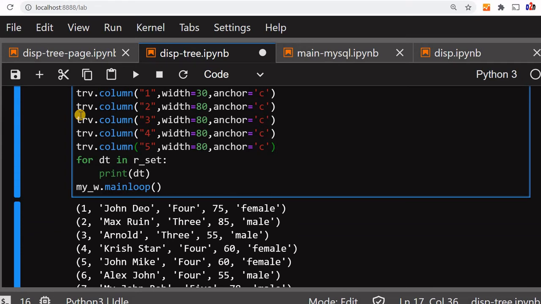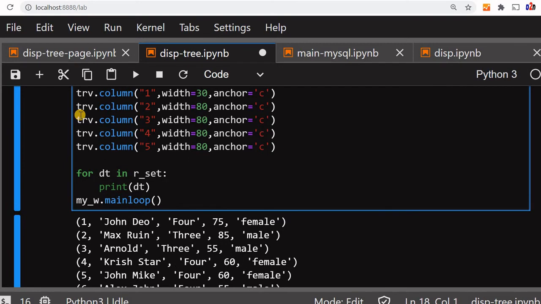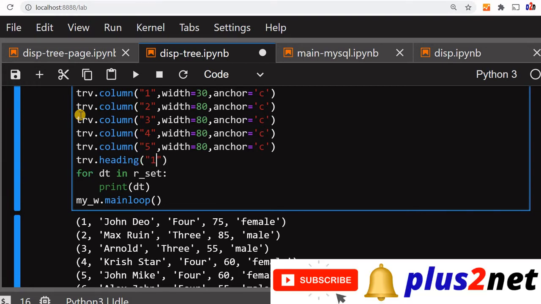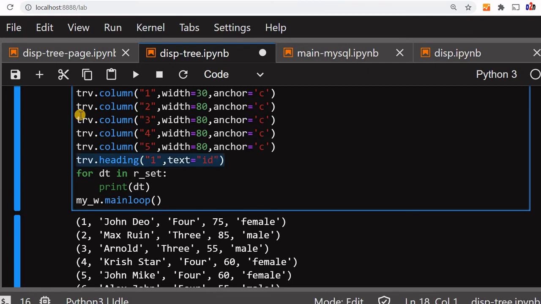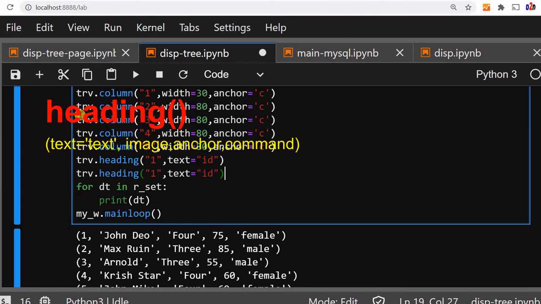Now let's specify our headings. Heading, the first one, text, whatever the first column value is. In our case it is ID, because in the student table the first is the ID. Now let me copy this and paste it here.